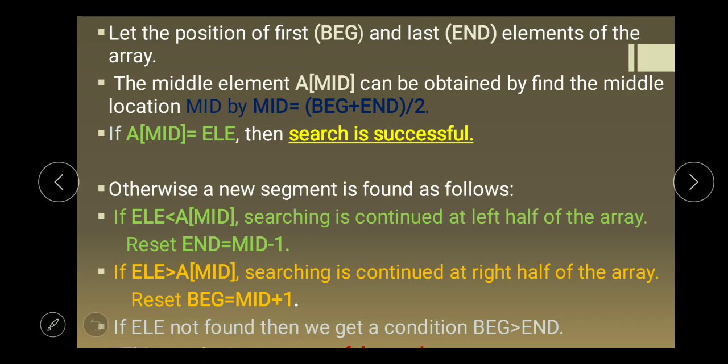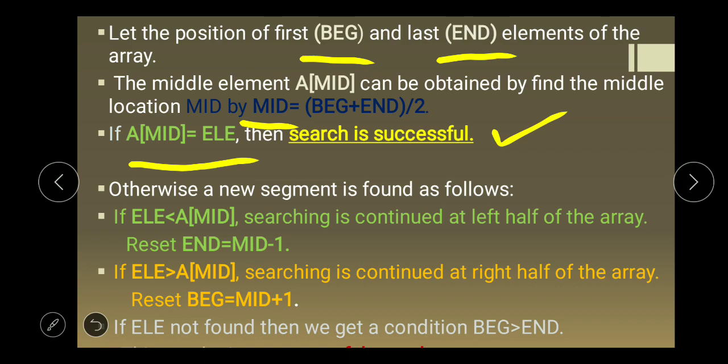This is the formula for finding the middle element. So if A of middle is equal to the element, then the search is successful.